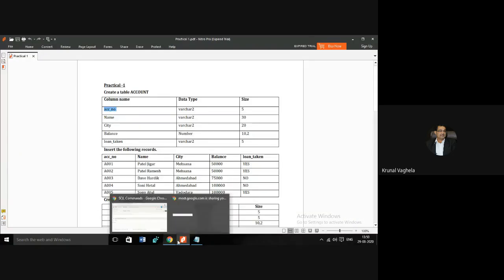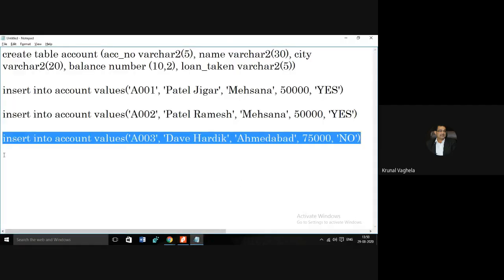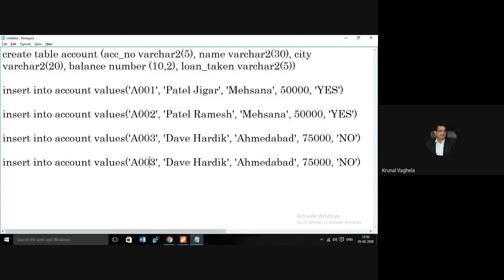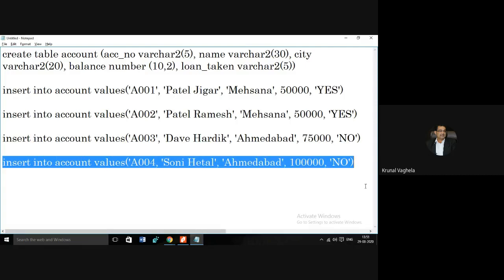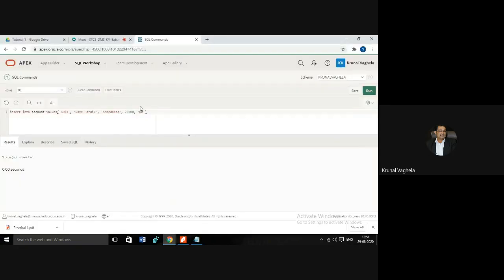A004, Sony Ethel, Ahmedabad, 1 lakh. No. So A004, Sony, Ethel, Ahmedabad, 1, No. Control C. Control V, run. Unable to save command history.